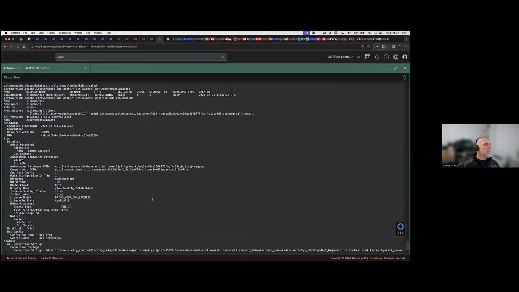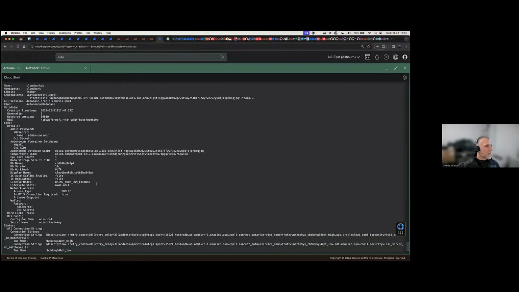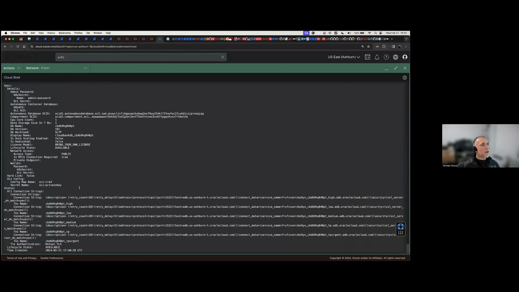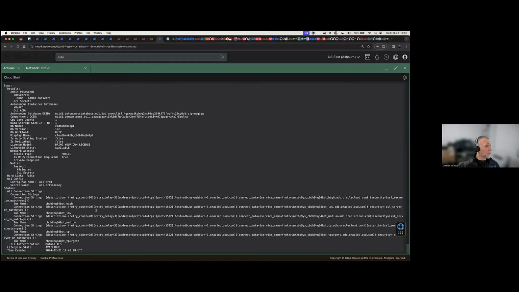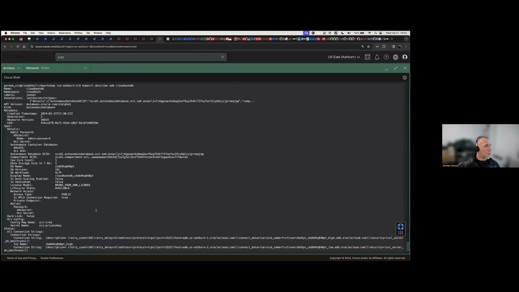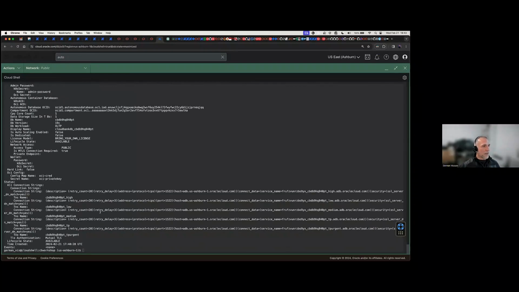So you can see the OSID, you can see that it's available, etc. But also you can see all the connection strings. So you have the connection strings to actually connect to it, right? You will, of course, need the wallet, but you have everything.